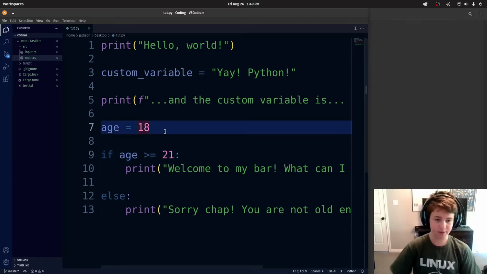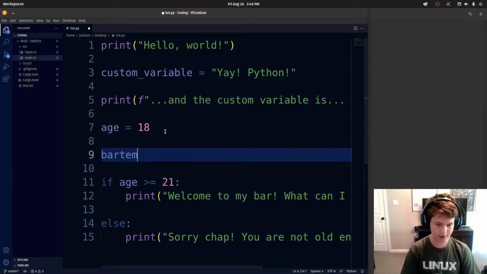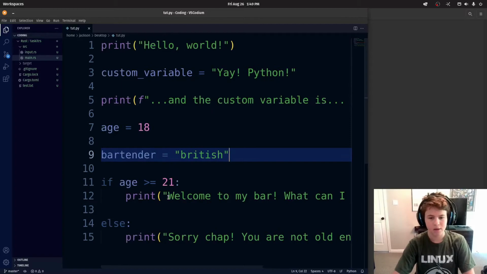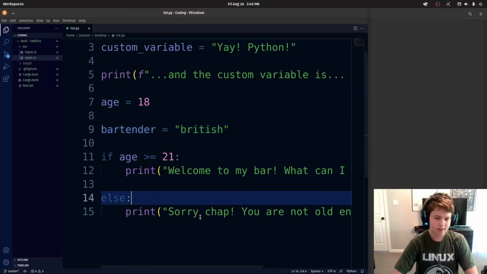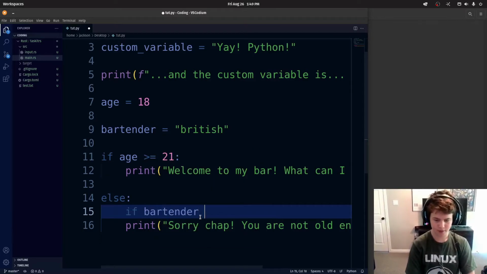And actually, what we can do is say bartender. That actually just gave me an idea. So let's say, and notice how I'm using single quotes. You can use single quotes or double quotes. So let's say British, I think that's how you spell it, yeah. Let's say if bartender equals British,